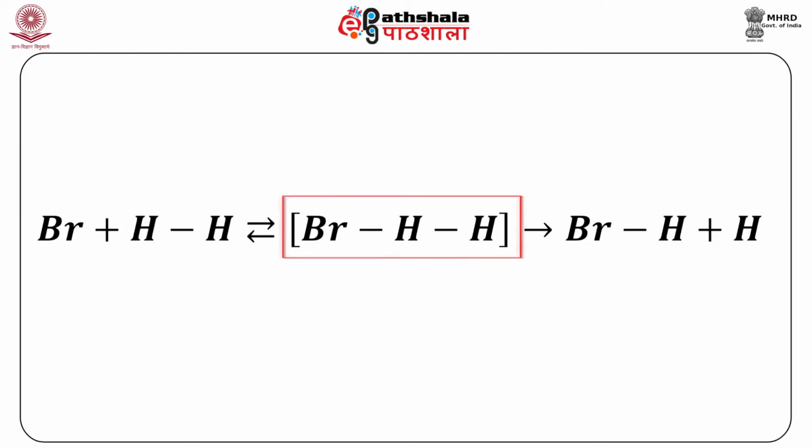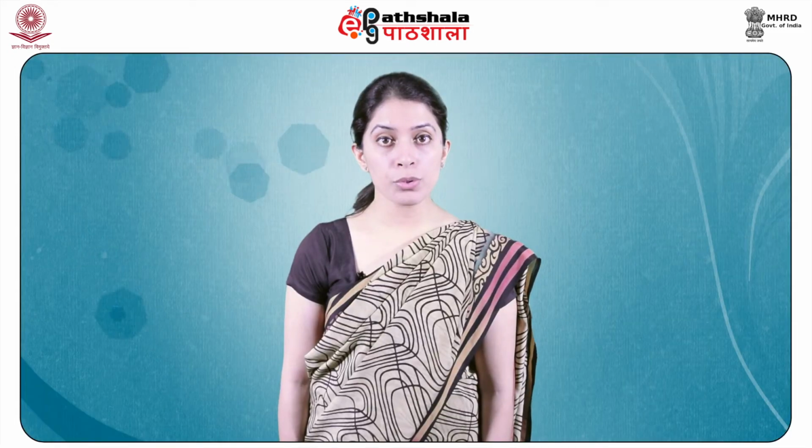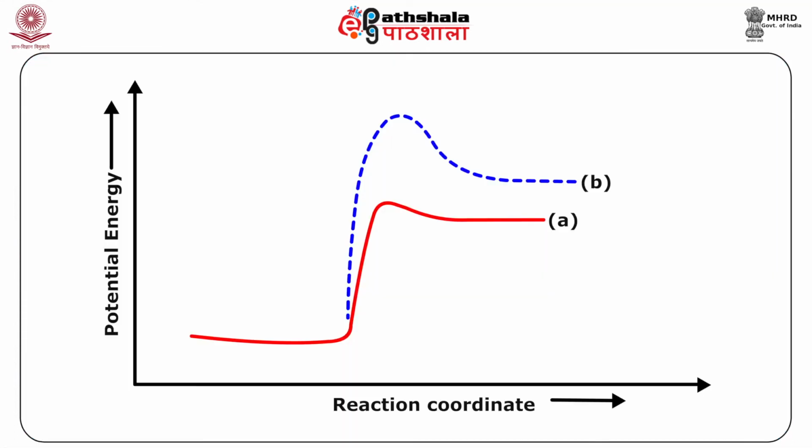Now this gives the transition state complex as bromine attached to hydrogen, which is further attached to hydrogen. This transition state complex gives the product as a bond formation between hydrogen and bromine and a hydrogen atom. This reaction proceeds through a transition state which has higher energy than that of the reactants and products, and this reaction sequence is shown in the graph where on the y axis we have potential energy and on the x axis